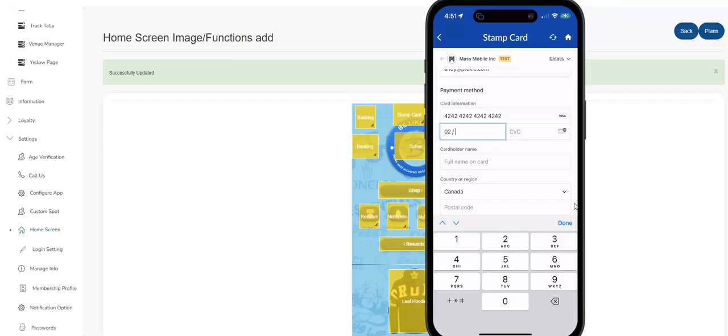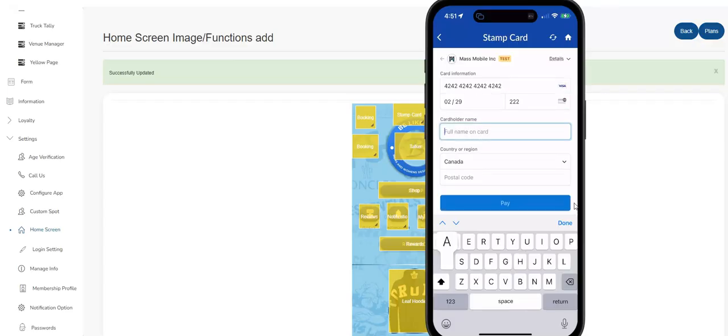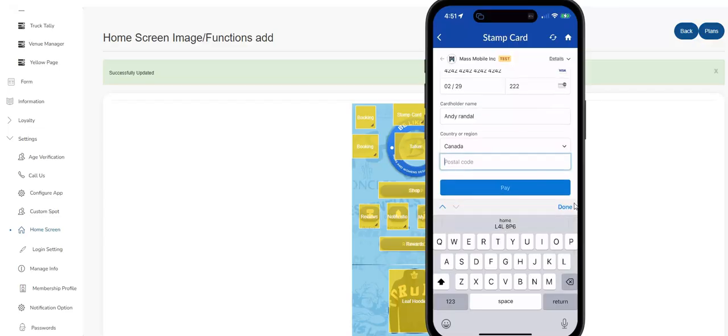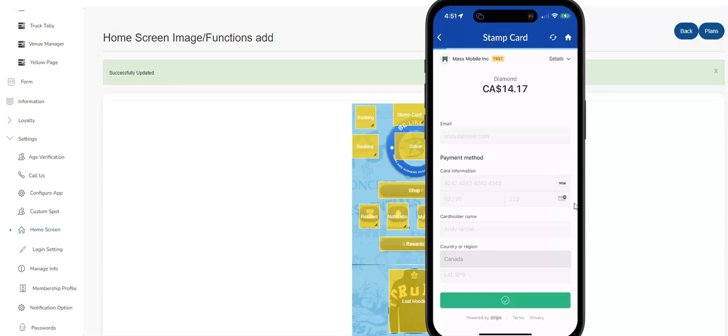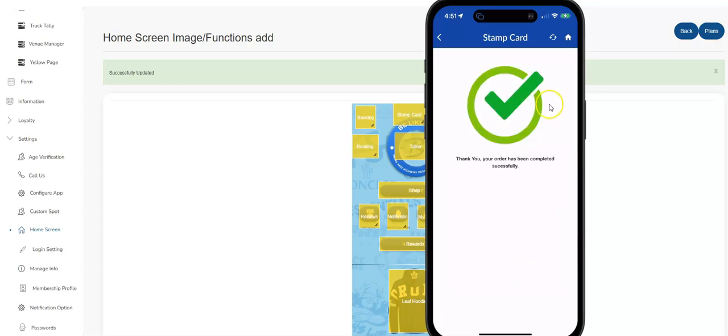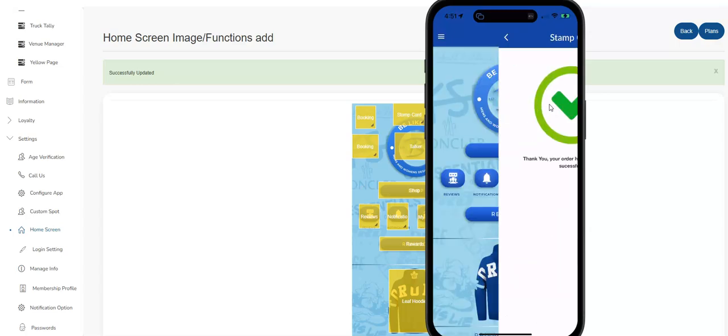And then the full name on the card, and postal code. And this is all dummy information, obviously, because it's in test mode now. It'll be processing, and you get a complete check mark here,